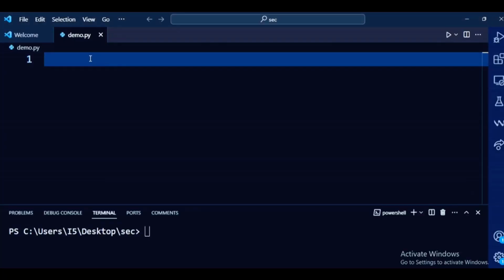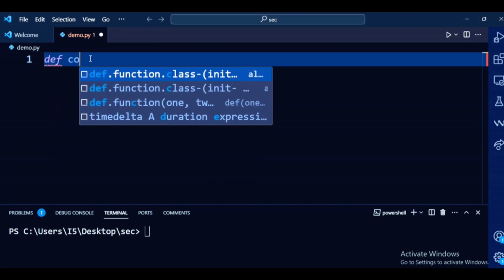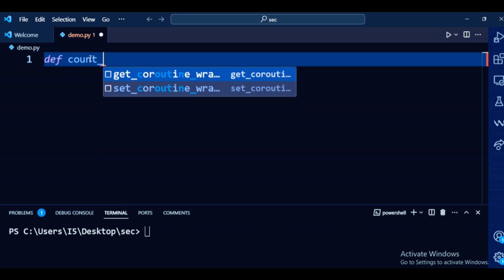Stop counting things manually. Let Python do it for you with simple code. In this video, we will see how to count how many times each element appears in a list by using Python. I'm going to solve this in Visual Studio, and first of all, I have declared the